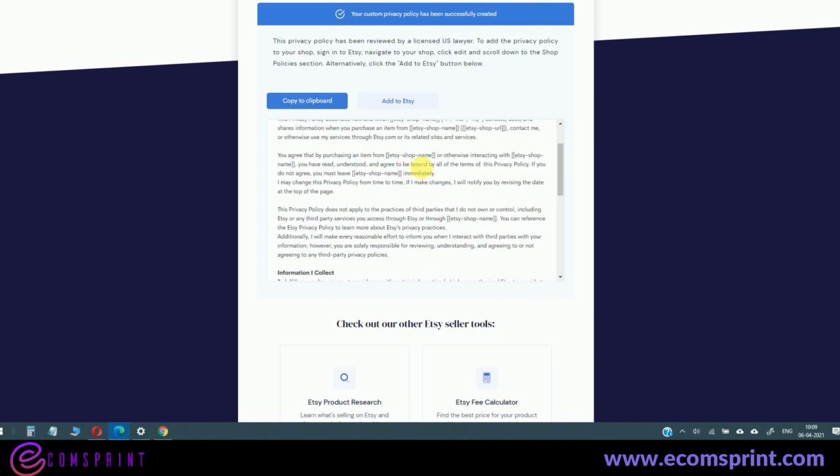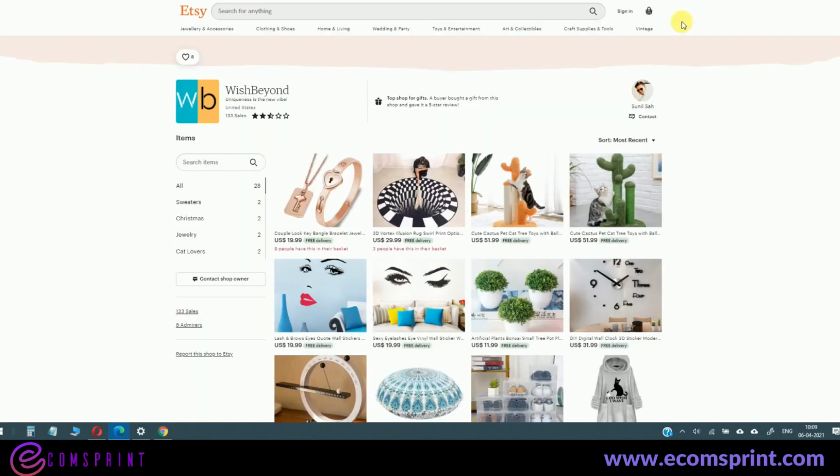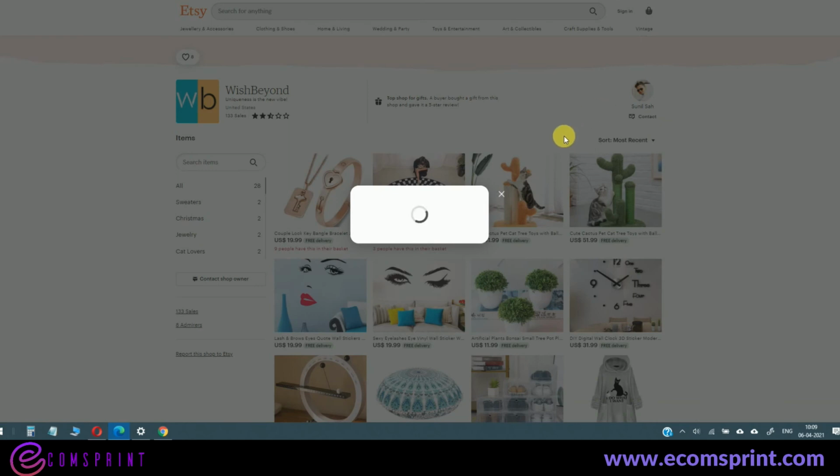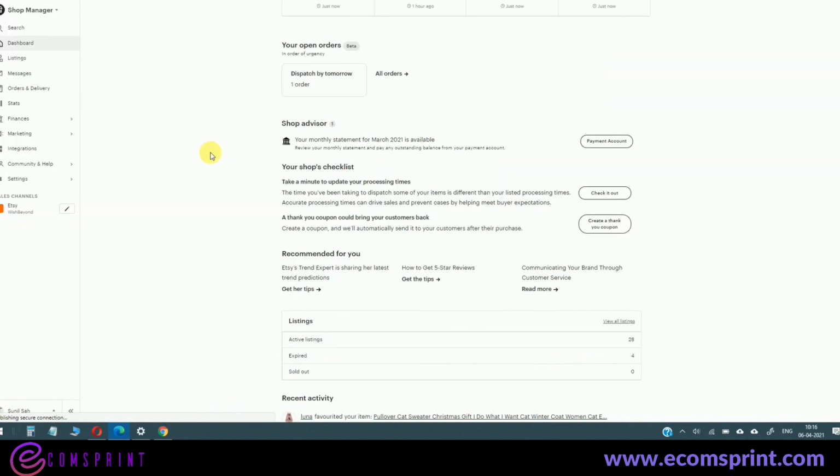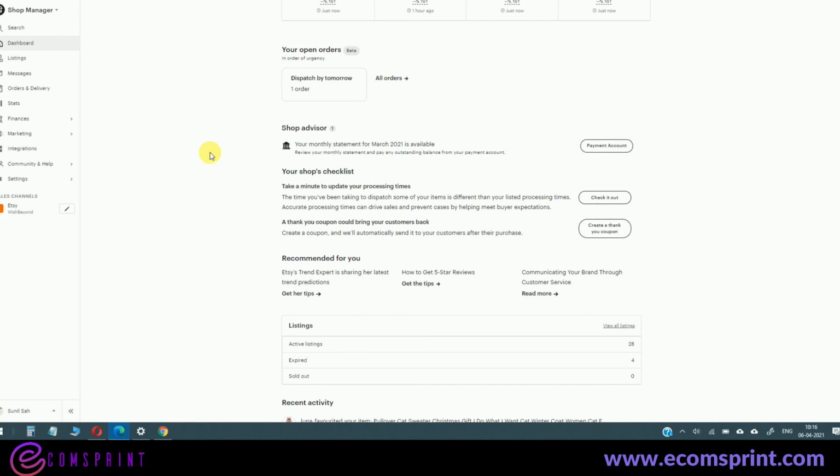Let's copy the privacy policy from here and we'll go to our store and set the privacy policy on our Etsy store. Let's move on to the store. Here you need to sign in. Once you log into your dashboard, go to sales channel and click on this edit button.